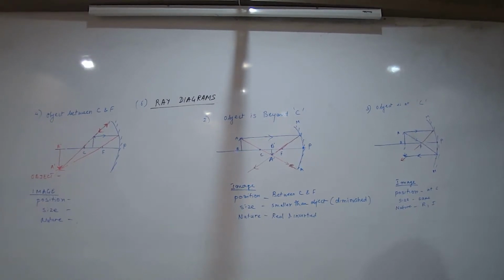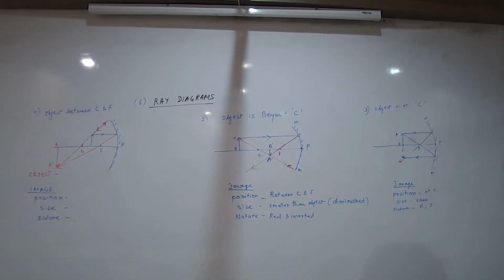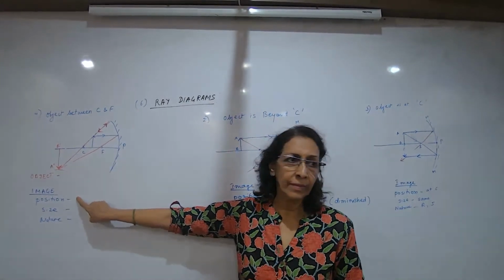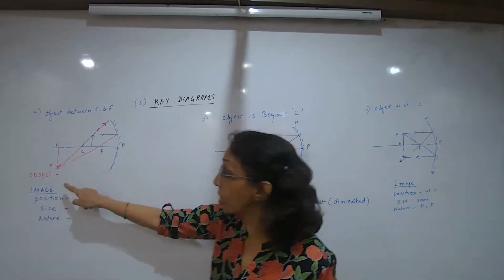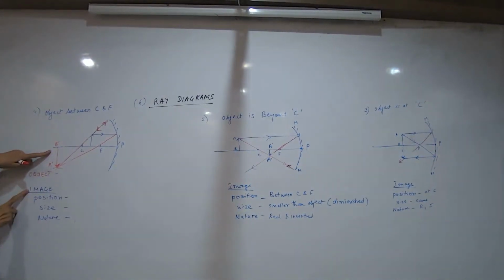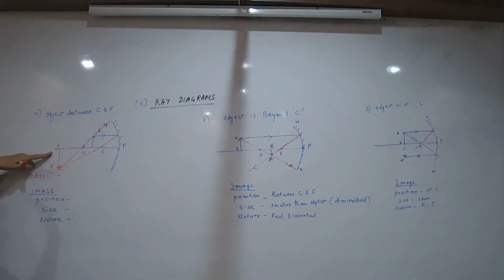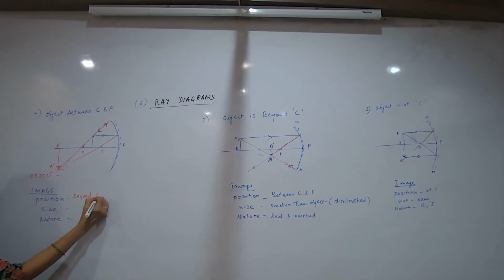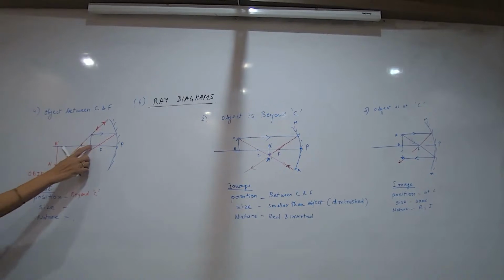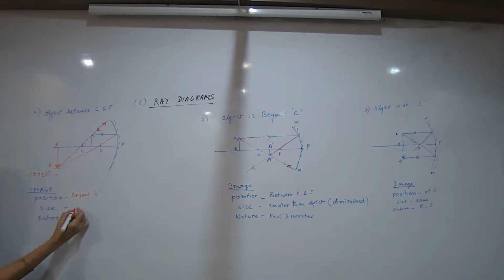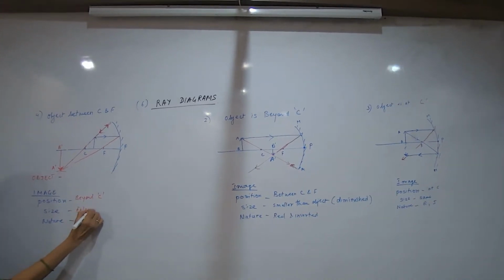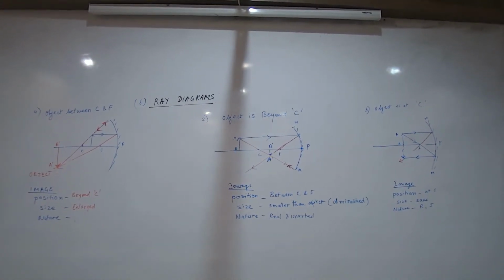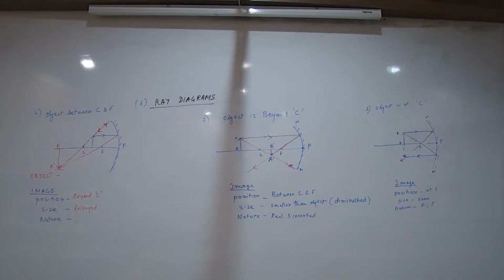Okay, hold on. Okay, let's see here. Class, position means where is your image? We are talking about the image. Where has the image gone? Beyond C. Size? Enlarged. Yes, it's bigger, right? Because the object is coming closer and closer. Nature,